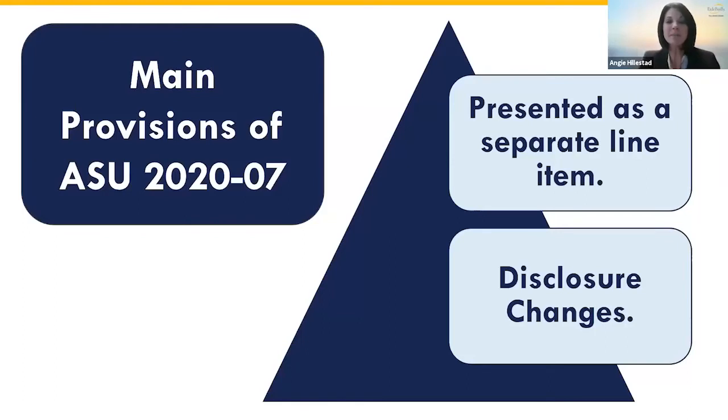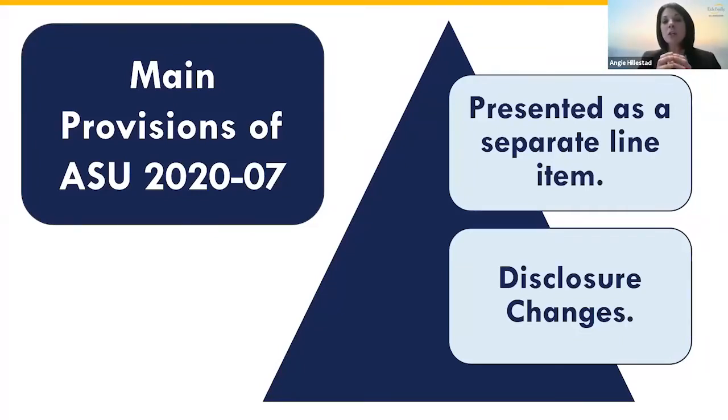As we've just spent a few minutes outlining, the recognition and measurement process for gifts in kind for a not-for-profit can be difficult and subjective. There are a lot of nuances and a lot of things to think about when valuing contributed non-financial assets. So the amendments in this update address certain stakeholder concerns about the lack of transparency about the measurement of contributed non-financial assets that are recognized by not-for-profits, as well as providing more information to readers about how the not-for-profit uses these contributions in their programs and other activities.